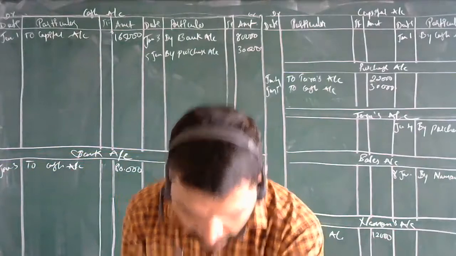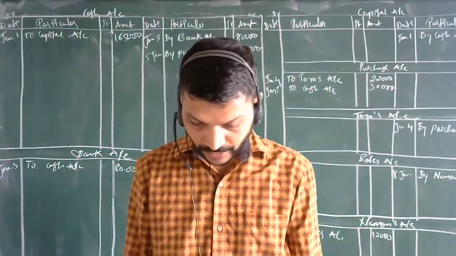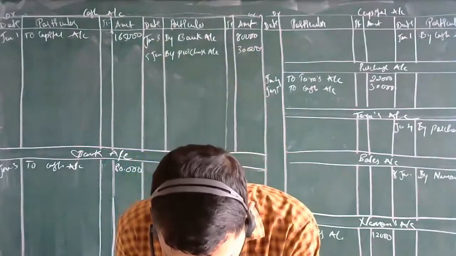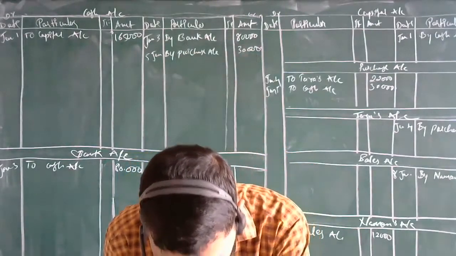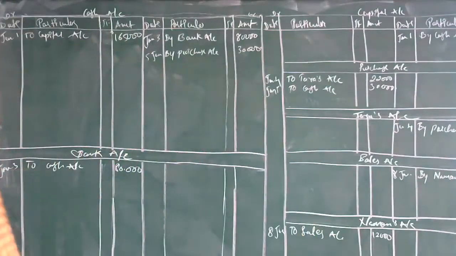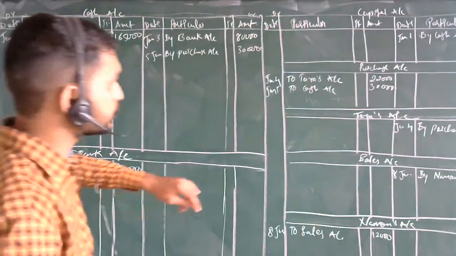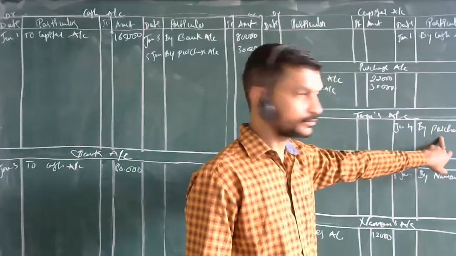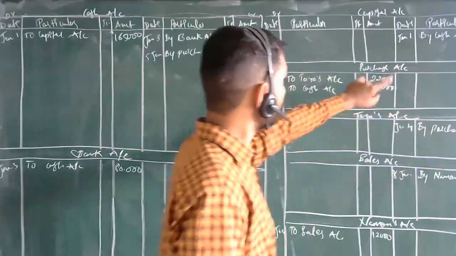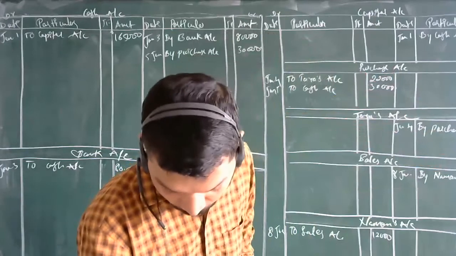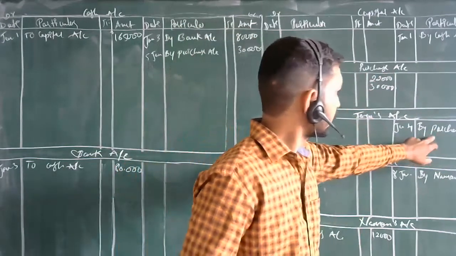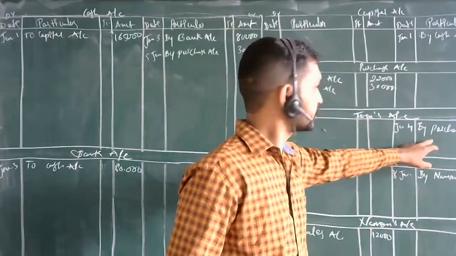Cash paid to Tara. Now here, we are paying the cash to Tara. We have purchased goods on credit. Yes, you have purchased goods from Tara on credit. So purchase, the last entry what we have taken, purchase account debtor to Tara's account. So here you have purchased the goods on credit.